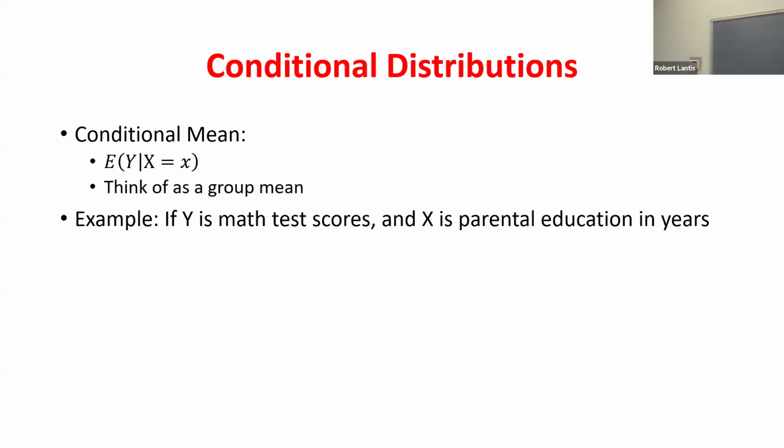So you can think of it almost like group means when we're putting on these conditions. I can look at the mean of different groups, right? I'm only calculating the mean for the observations where this is true. So I could even just use age. What's the average of this variable if age is equal to 18, or if it's equal to 19? I could get a distribution, or a mean, for every single year of age.